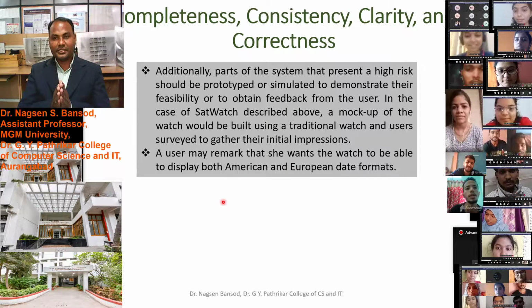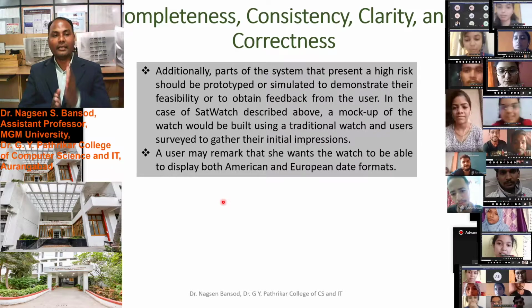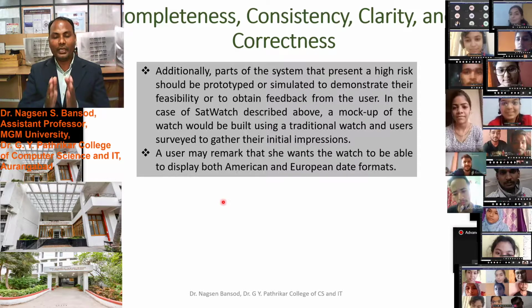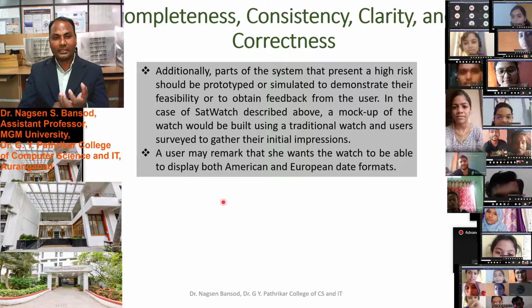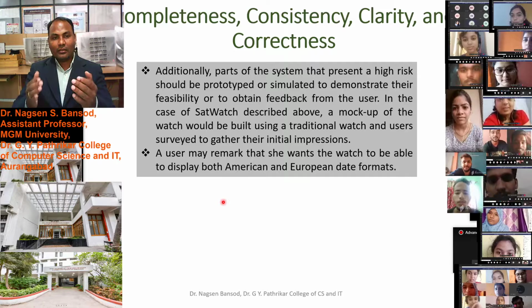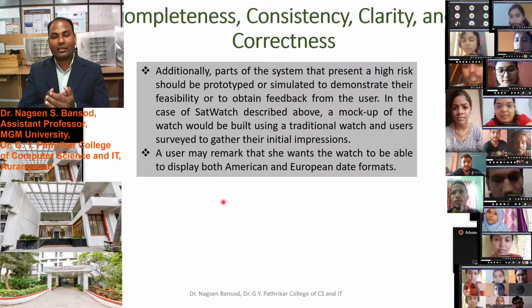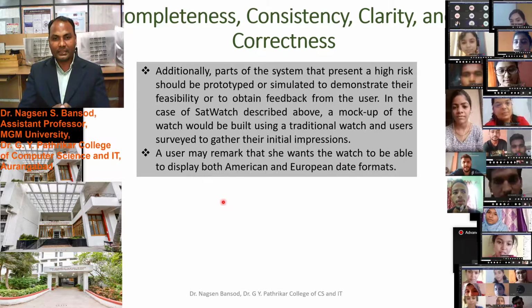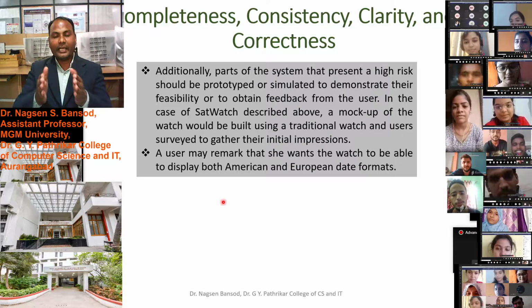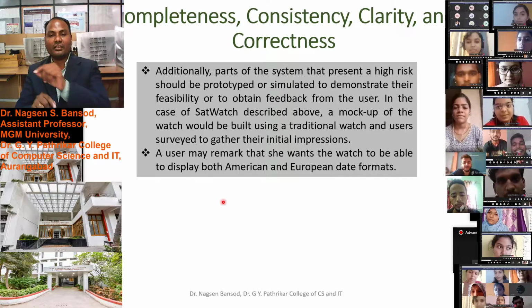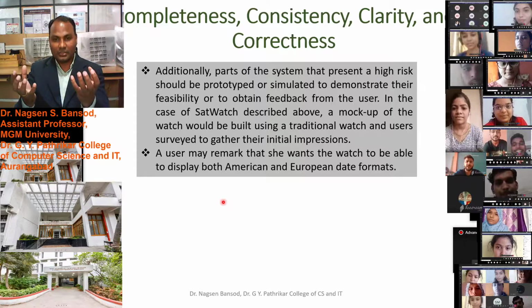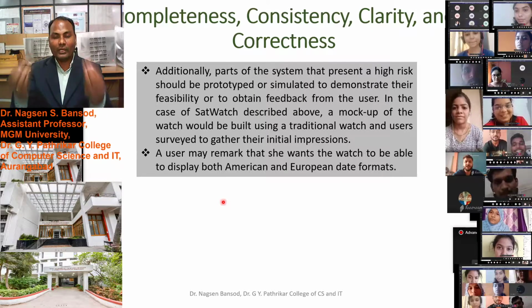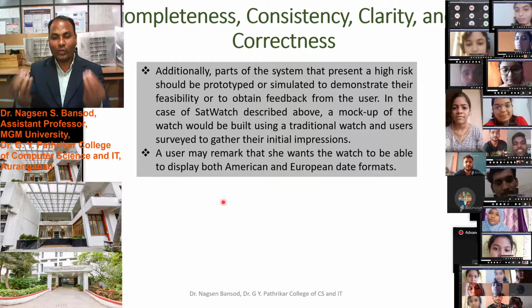Completeness, consistency, clarity, and correctness should be in the requirement specification, requirement collection. We have to make the complete gathering, complete requirement elicitation, and the collected information should be consistent. There should not be any gap between two functions which you will implement in your software.